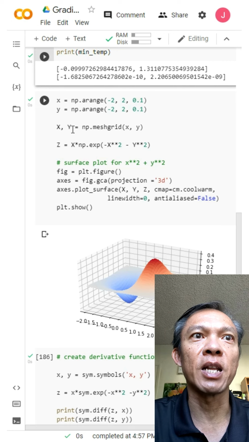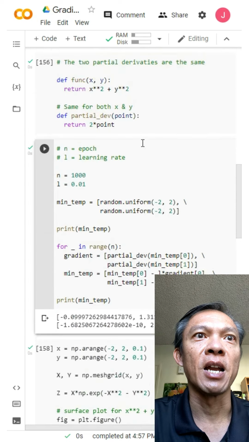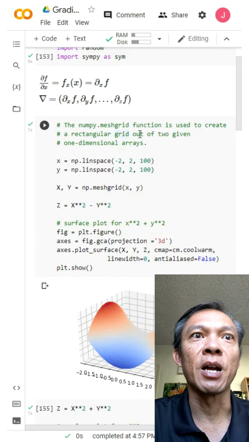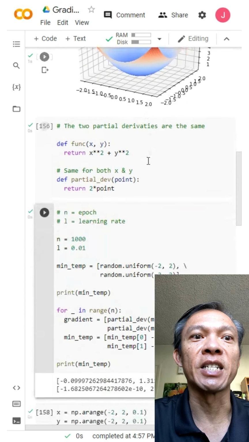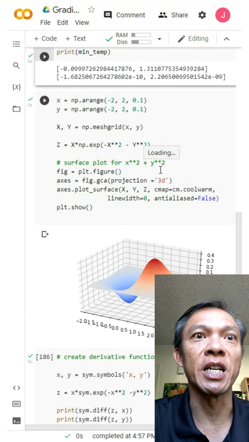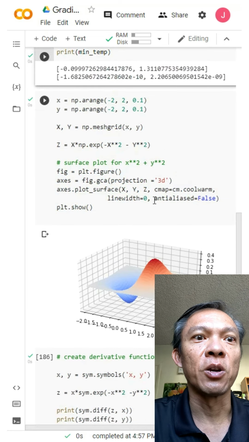And by the way, you can notice that I have to convert x and y into the mesh grid right here. The meshgrid function is used to create a rectangular grid out of two given one-dimensional arrays, and it's necessary to plot in 3D right here. Okay, so